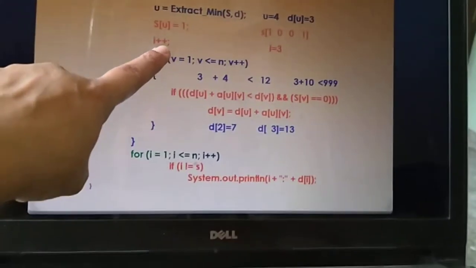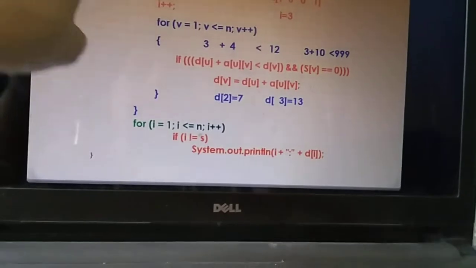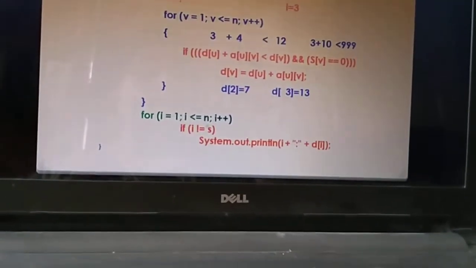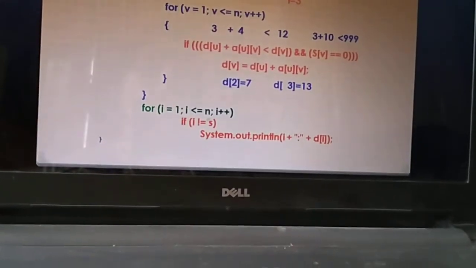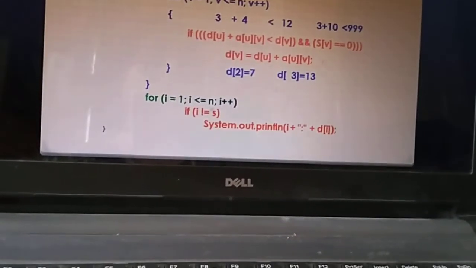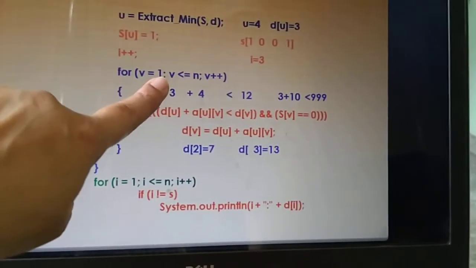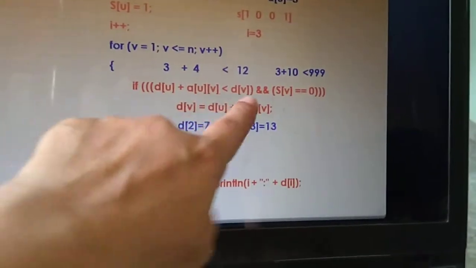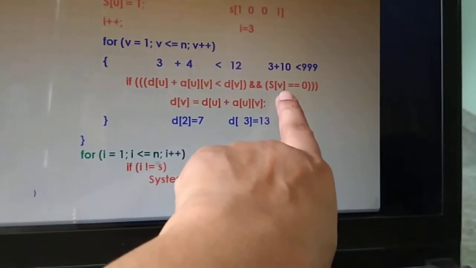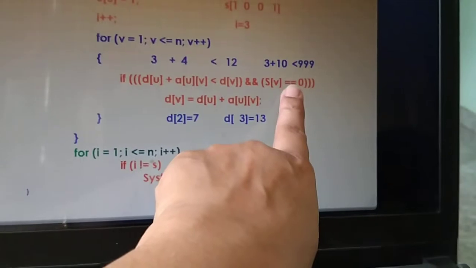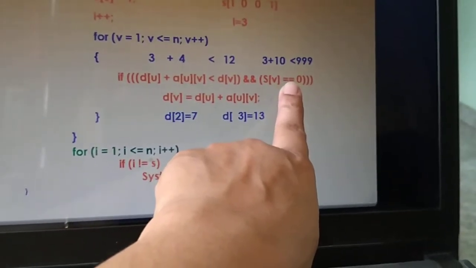So I will be now 3. I was 2, I is now 3. Why? We have already considered 2 vertices and made them visited vertices. That's why we are considering the I value as 3 now. Again I'll start from vertex 1 to n. What I am checking here is whether they are visited vertices or not. When I is equal to 1, this will become false because it is already a visited vertex.